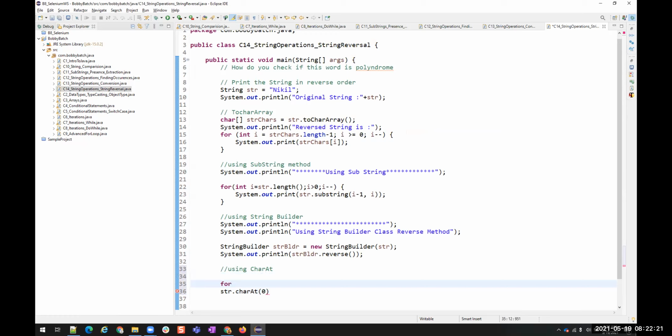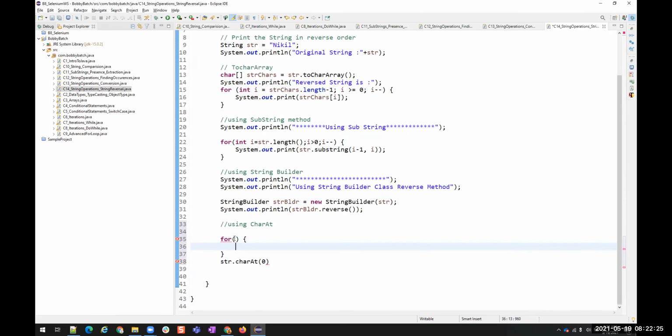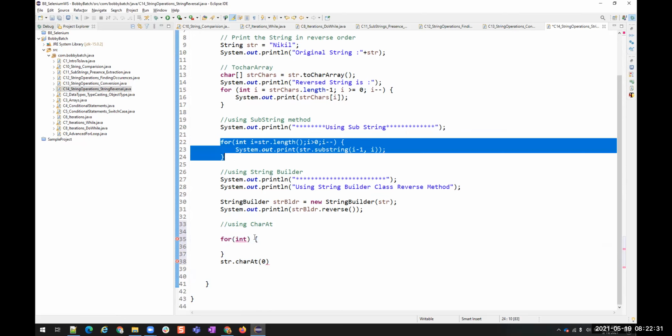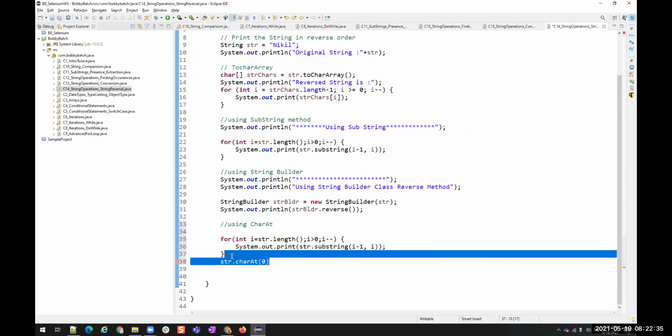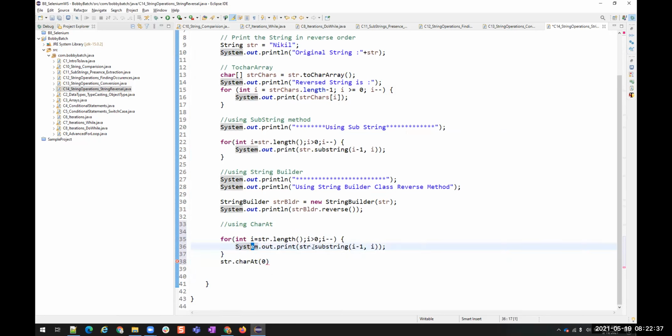So first, I'm going to apply this for int, again the same logic here from length till the 0th position. I'm copying the same thing, but inside this, instead of printing the substring, what I'm going to do is charAt. That's all.